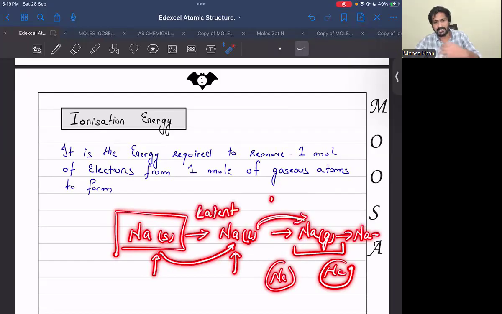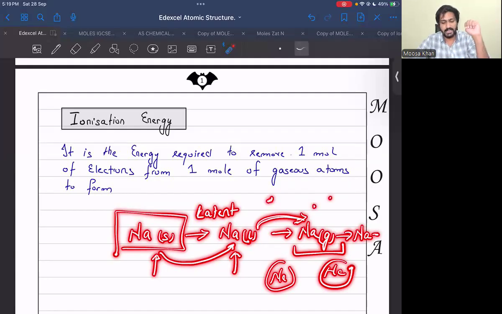I'm not sure if you have already studied that back in grade 11, but these heat energies are known as latent heats that are actually required to convert the state of any object. If you need to convert solid to liquid, that is known as latent heat of fusion. If you need to convert liquid to gas, that is known as latent heat of vaporization. I'm not sure if you have already studied that in your grade 11 physics, but let's say if you haven't,